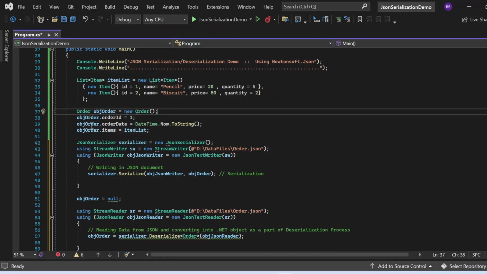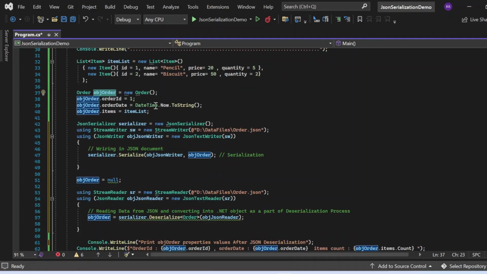So basically I have filled all these properties' values. I have assigned the value to all the properties of this object. Now, as a part of the serialization process, we need to create an instance of this JSON serializer. That's what I have written. JSONSerializer is equal to new JSONSerializer, and then I am just going to use this using declaration, in which I have written a StreamWriter sw is equal to new StreamWriter, D data files order.json, and then